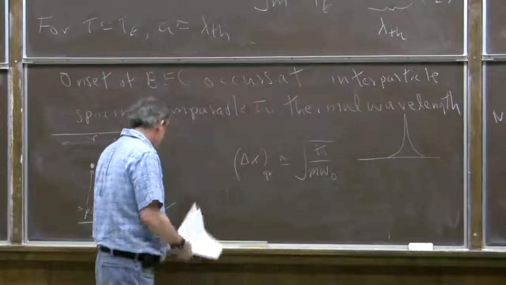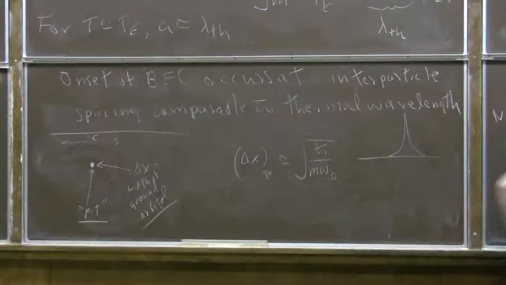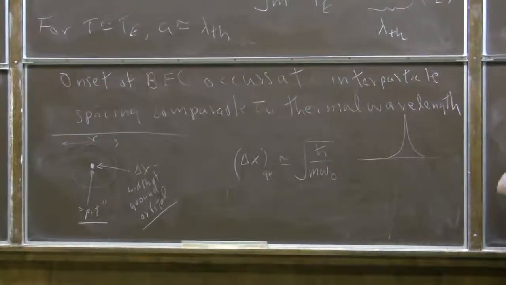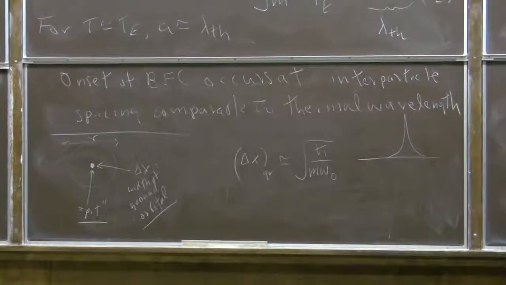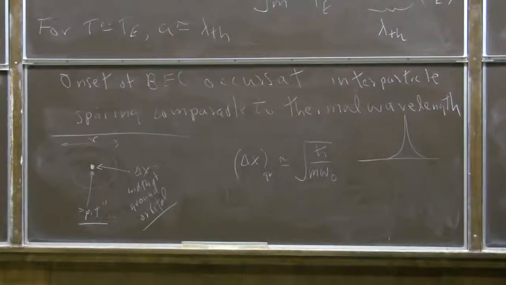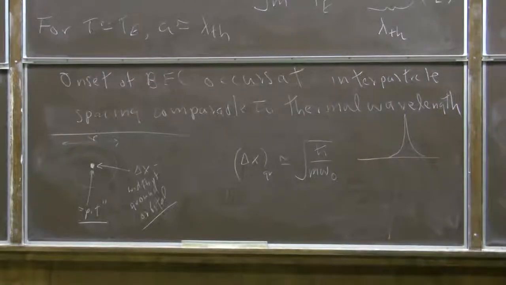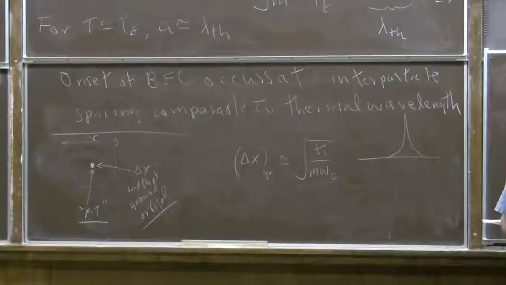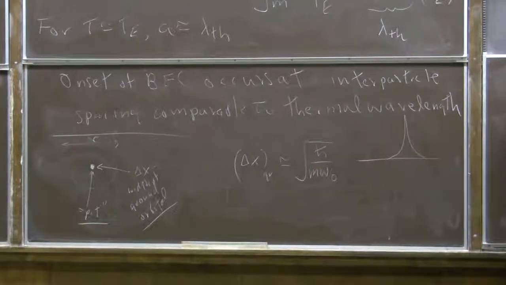And so if I compare that to the thermal radius that we just estimated, then delta x for the ground state